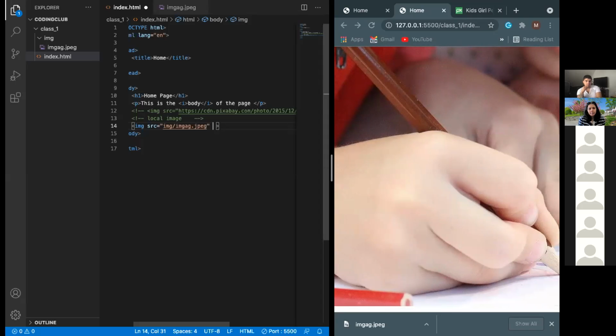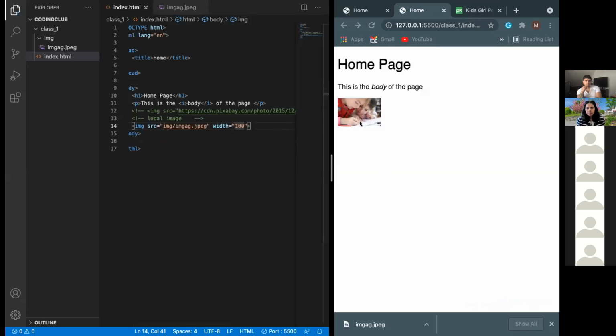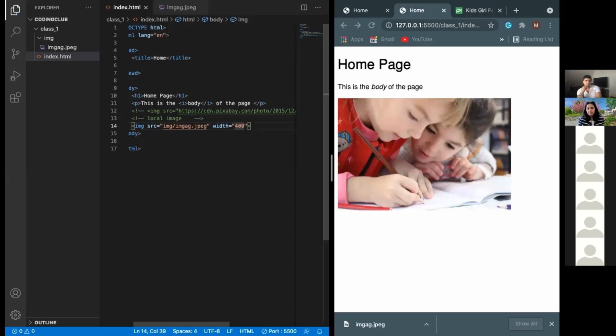So what I'm going to use is basically the width, to resize it. Width, and giving it a value. So how much do you want? If you want 50%, you can write it, but basically the HTML tag always detects the pixel size. So you don't need to write px. If you write 100, that means 100 pixels. If I write 100 and save it, you see the size changed. If I make it 400, that's good. Okay,